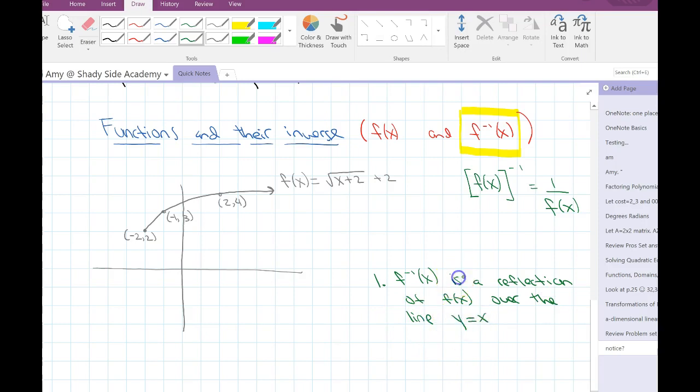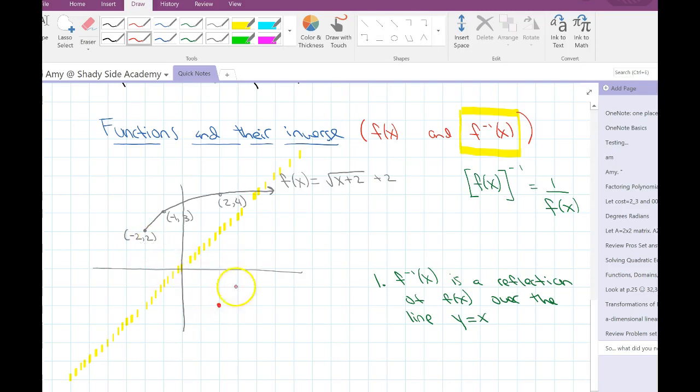So graphically speaking, if we had the graph of function f, the inverse of f is a reflection of f of x over the line y equals x. Well, all I'm going to do here is with reasonable accuracy, I'm going to graph the line y equals x, okay? Reasonable accuracy here. And if I reflect f over the line y equals x, and if we were doing this together in class, maybe I would use some transparent tracing paper, we'd fold the paper. But basically, what you would see is that